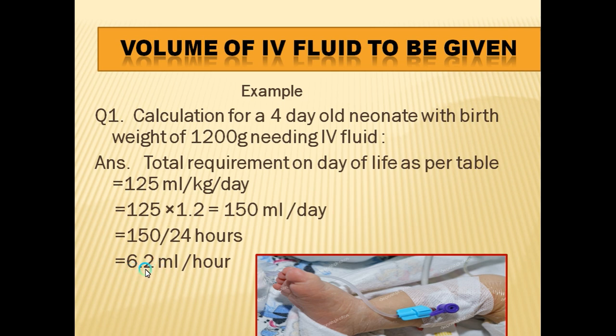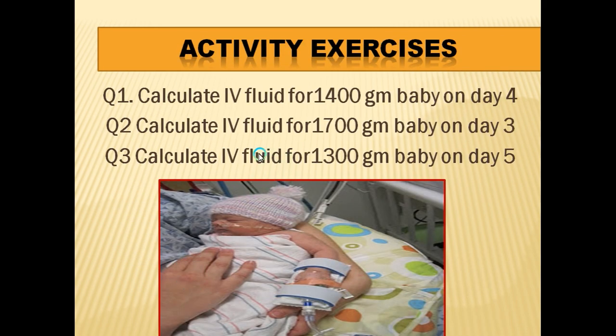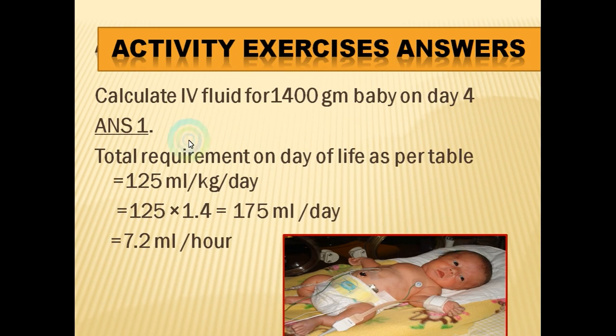Is it clear? If your decimal is from 0.1 to 0.4, then we give the preceding number. Suppose this 6 number. Suppose if your answer is 6.5, 0.6 until 0.9, then we calculate 7 drops. So this is how we calculate the drop factor. So here, because your answer is 6.2, what you need to give is 6 drops per minute. So that if you do that, then the baby will get 6 ml per hour. Okay. So these are the activity exercises. We will continue with each one of them.